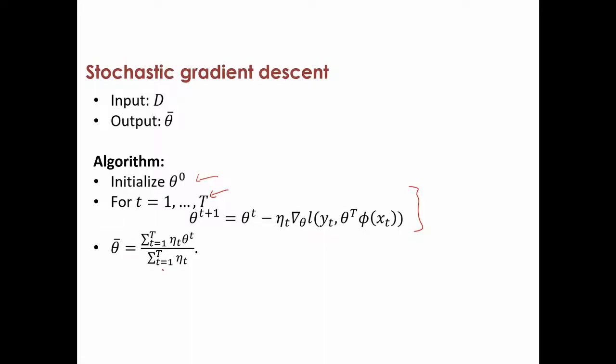Okay, and then you just return your optimal parameter as this weighted average, or step size weighted average, of this theta t. Remember, your theta t is actually a random quantity. So your theta bar is also a random quantity, but now you are doing some kind of averaging here. The averaging being that you are giving more weightage to those theta t's which were obtained when your eta t